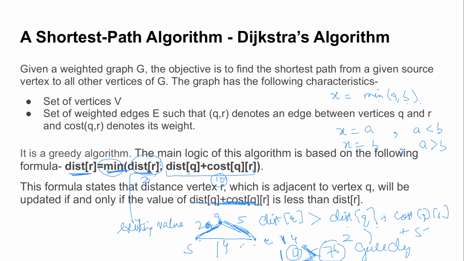Right? So basically, that is where you can see why Dijkstra's algorithm is a greedy algorithm. It takes a change only if it's benefiting it. If it would not benefit it, then it would stay with its earlier value. Okay? Is this clear? The idea of greedy and the main key formula which we are going to use. Yes, class, is this clear?